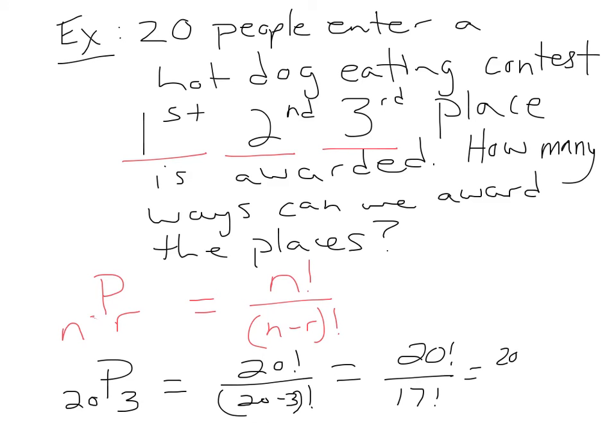How about 20 times 19 times 18 times 17 factorial? I'm not going to keep on going because I see a 17 factorial on the bottom. And I know that these can divide. So our answer is simply this. 20 times 19 times 18. And when you multiply that all together, it looks like you end up with